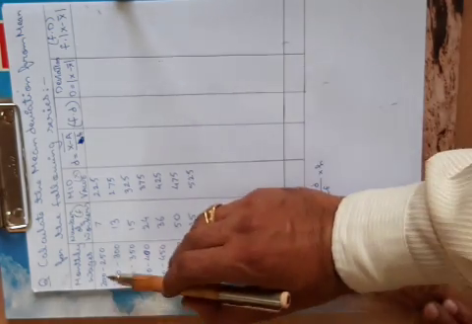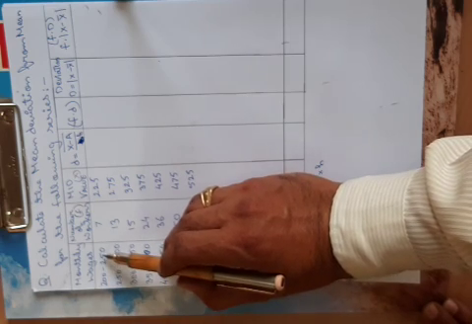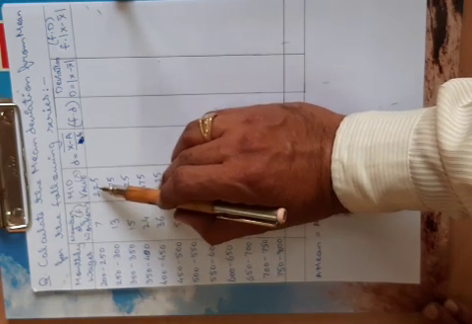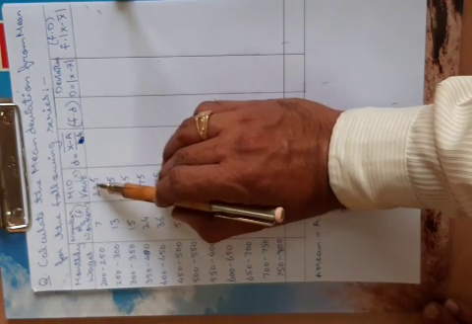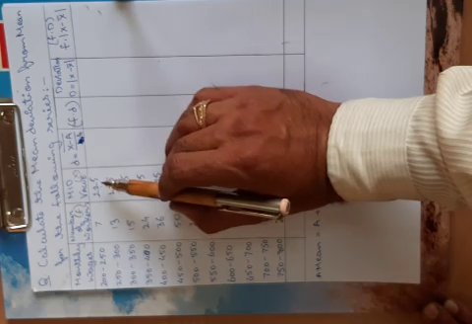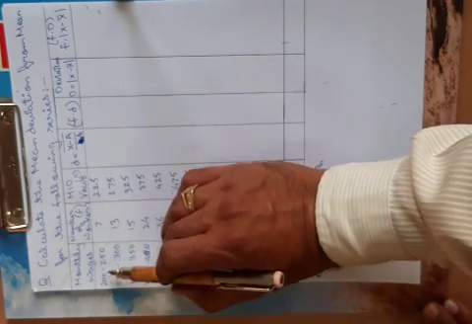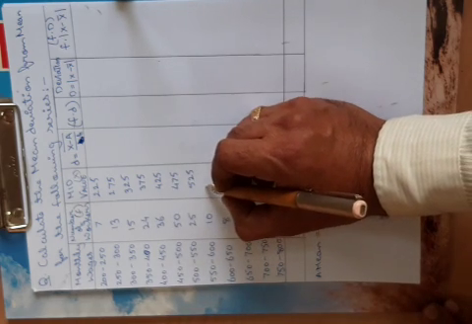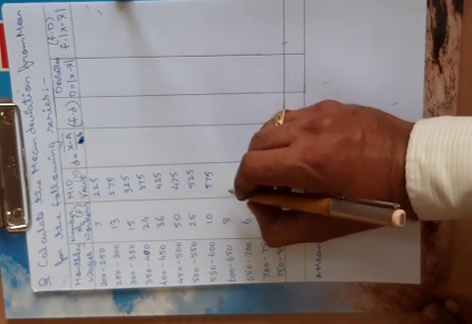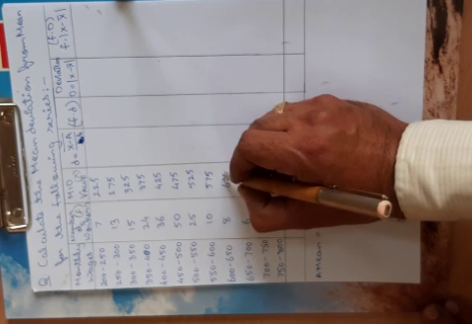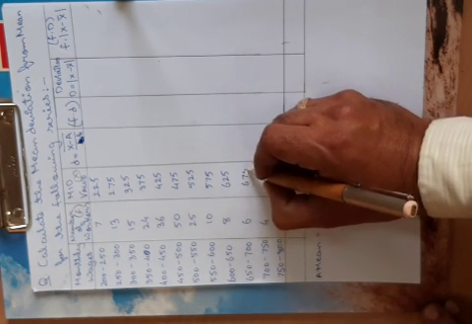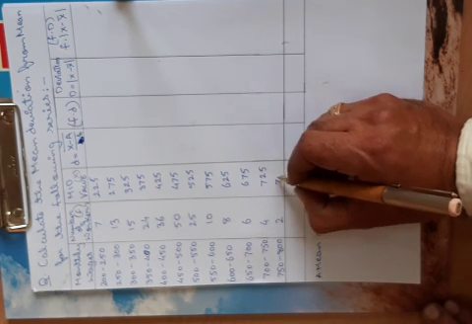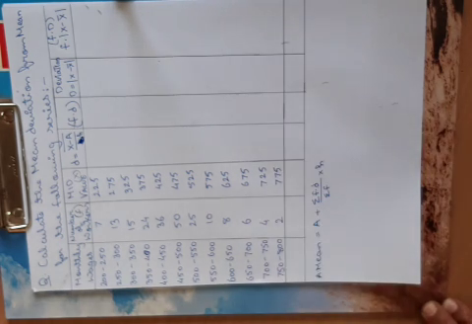Here friends, you can see that the difference of class interval, that is 200 to 250, is 50. So first you have to find out the mid value of the first case, 200 to 250, that is 225, and likewise you have to go on adding the difference, the class interval, to get the next mid value. So now this will be 575, the next value will be 625, go on adding 50, that will be 675, next will be 725, and finally the last value will be 775. So these are the mid values.